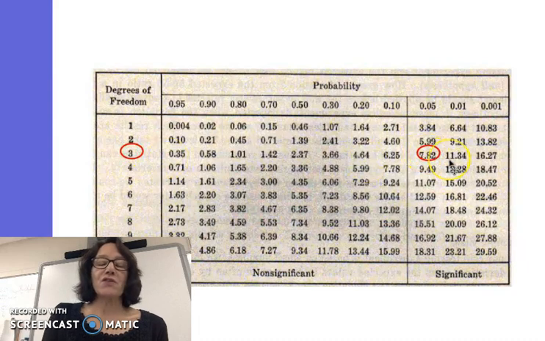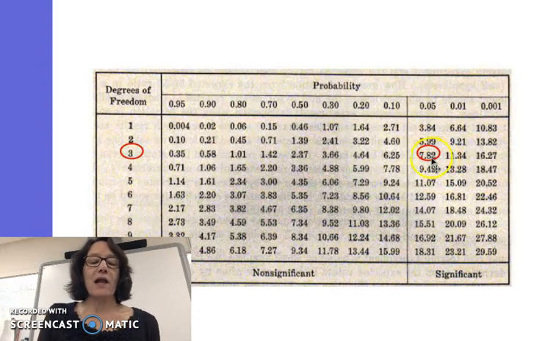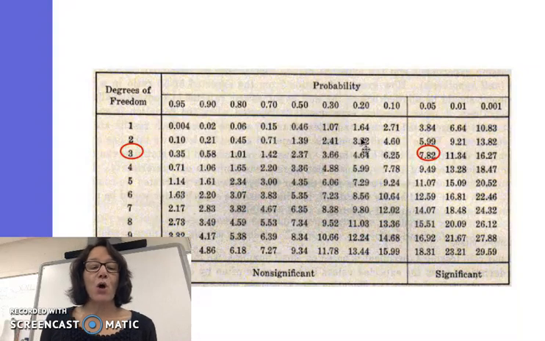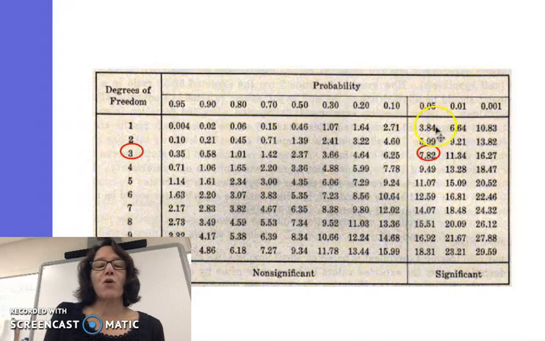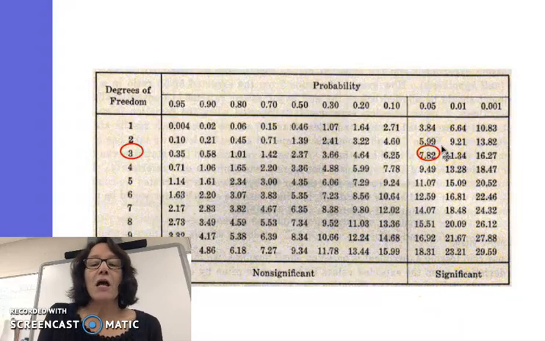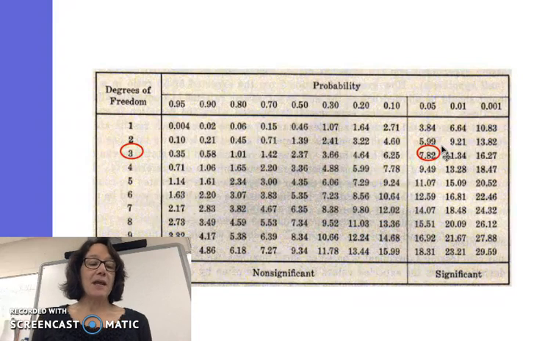We can really just notice that this probability chart is divided into chi-square values that are statistically non-significant, meaning that I don't really know if the likelihood of catching a different toxicity of toad was by chance, or if it had something to do with the actual toxicity of the toad, versus values that are statistically significant. And we typically accept a p-value of 0.05. That means that I'm 95% confident that my values are statistically significant.